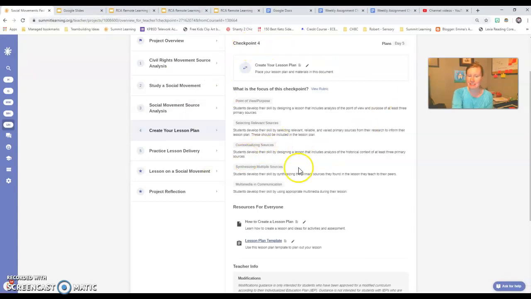That lesson plan is going to go into that next checkpoint, and you'll copy and paste it in there. Then we'll plan for next week to actually present those lesson plans and share out what you guys have found on your different topics. We'll spend some time this week looking at what those lessons could include or some ideas to help you out with that. And then you'll have time to research and actually get that information. So if you have questions or